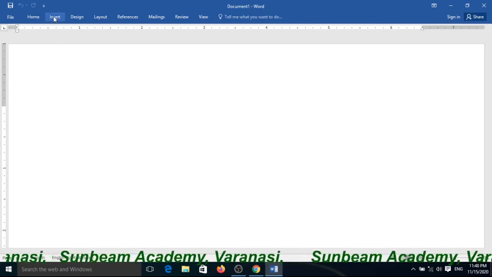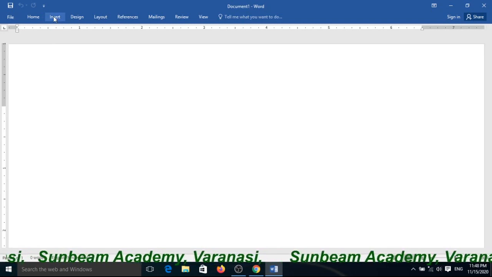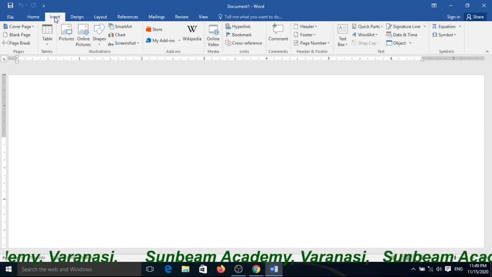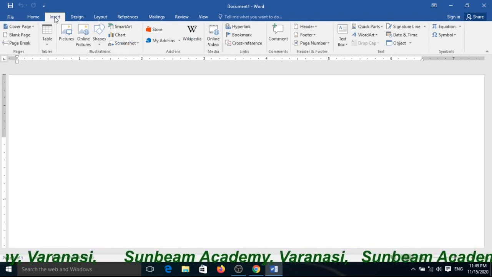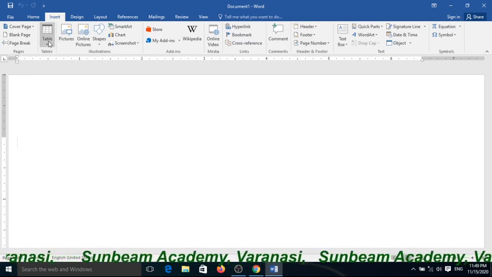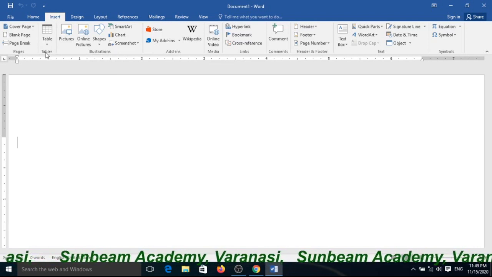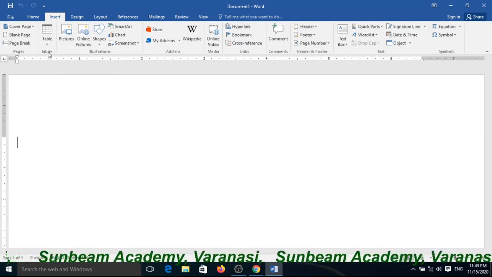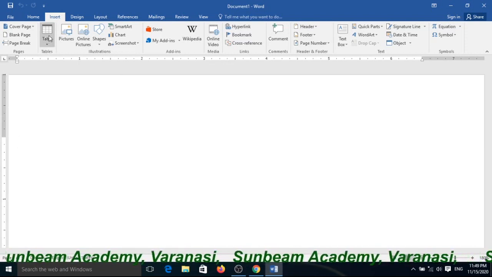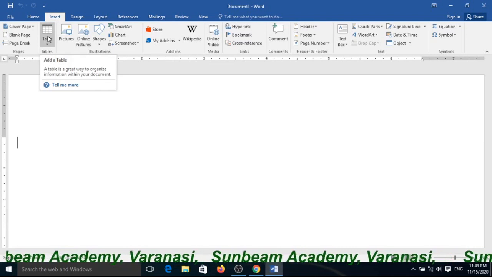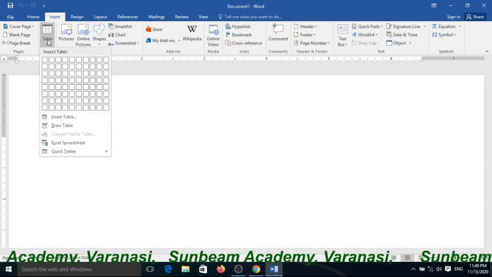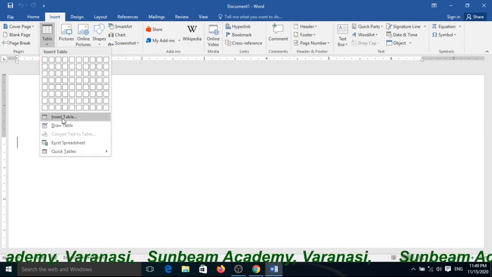Click on the Insert tab, and in the Table group, click Table and then under it Insert Table.